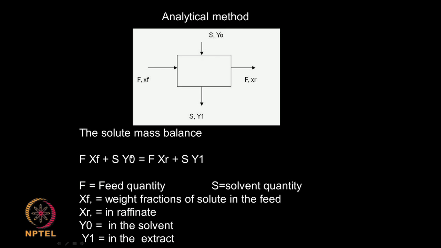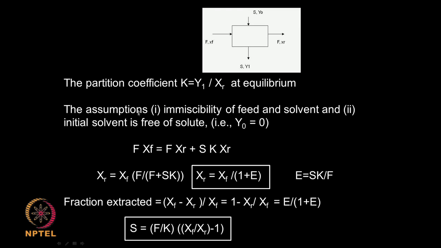So, when you do this mass balance, we will assume Y naught is equal to 0, that means the feed solvent does not contain any solute, and these two components are immiscible, that is very important. They have to be immiscible, otherwise you may lose some solvent in the feed that is going out. So, if you take Y naught equal to 0, you end up with 3 terms here, F XF is equal to F XR plus,